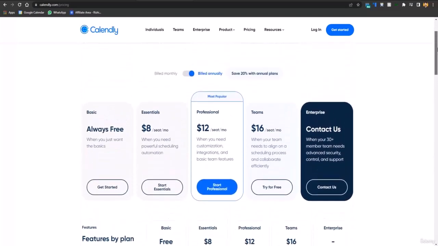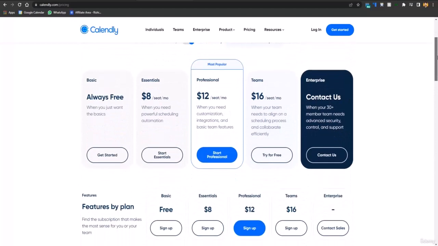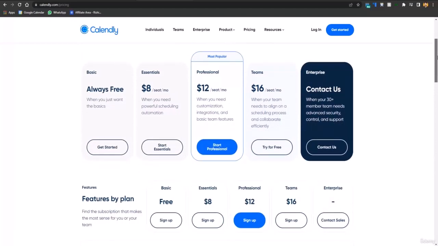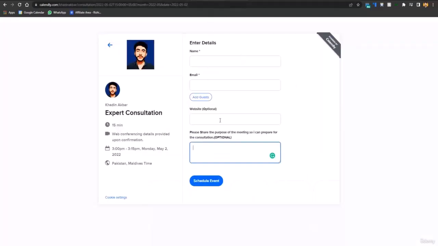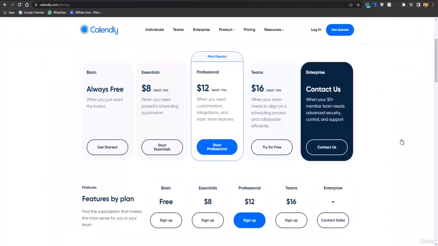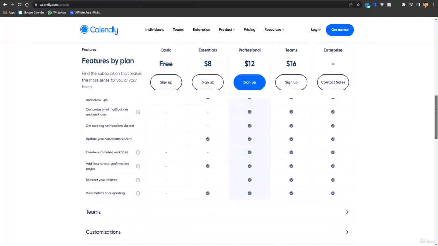Okay, and here you can see they have all the pricing plans. I would recommend you just check out Calendly and use their free version. Share it with your clients so they can book meetings. You can also use it when you are running Facebook ads for your agency or anything. You can just add your meeting link, and if you are providing consultation services, then this is a must-have software. You would just have to pay $8 for the Essentials version, and I'm sure you would get